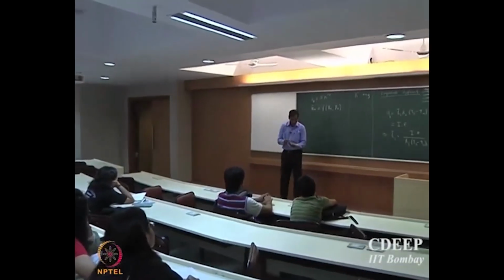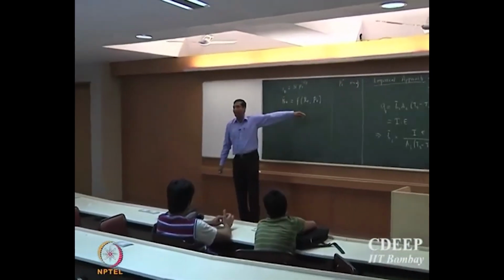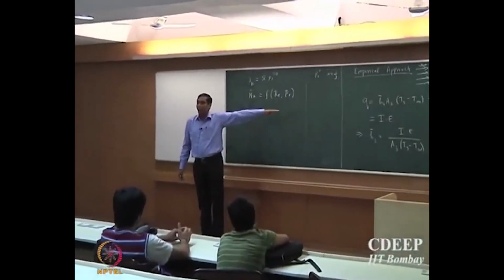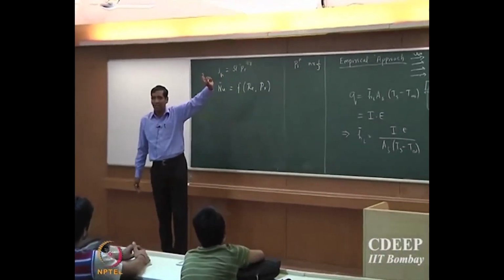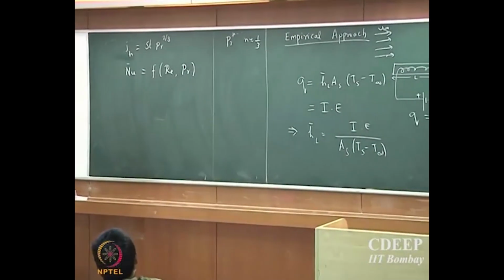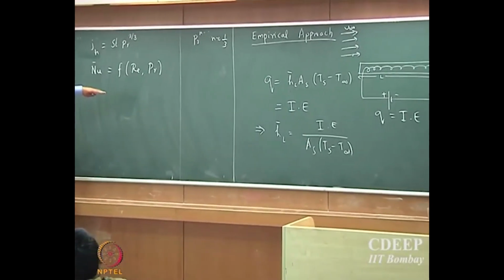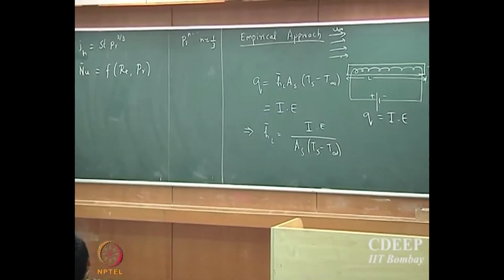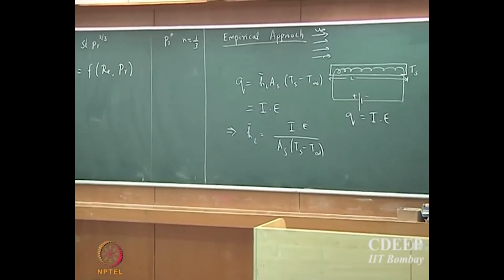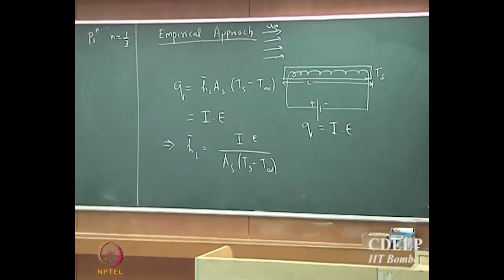Although it's not a very correct thing to say that the person who did the experiments and found the functional form did it without any basis, that's not correct actually. He has actually done the analytical theoretical approach and found out what should be the correct way to plot these data. So remember, you will not be able to get the functional form until you know that Nusselt number and Prandtl number are important, right. So what they would have done